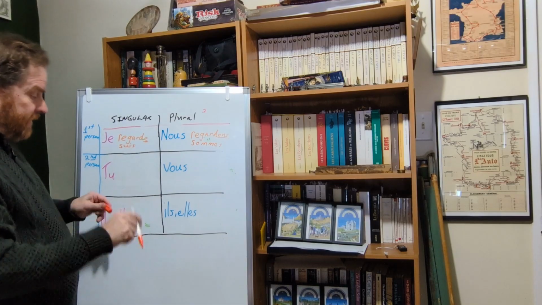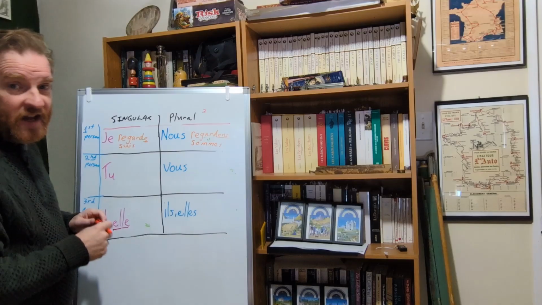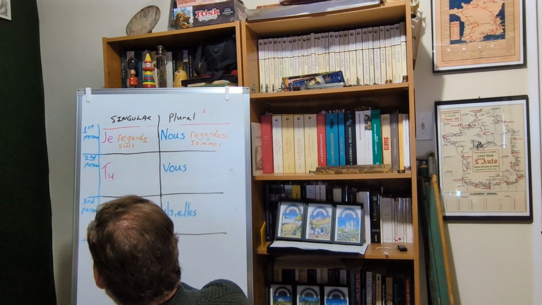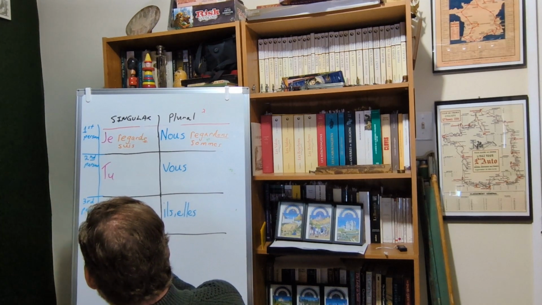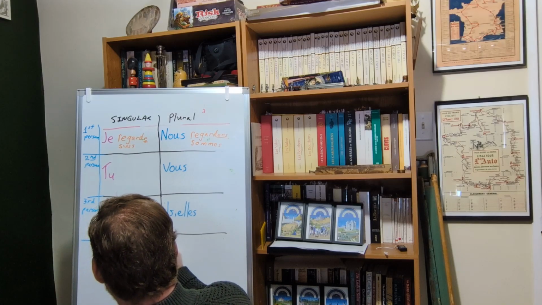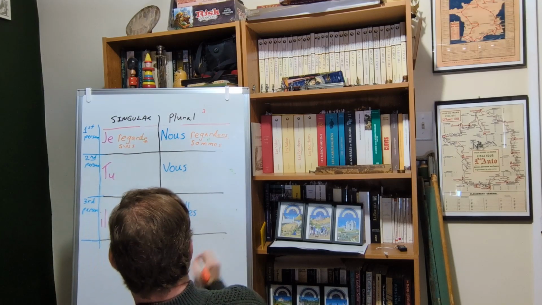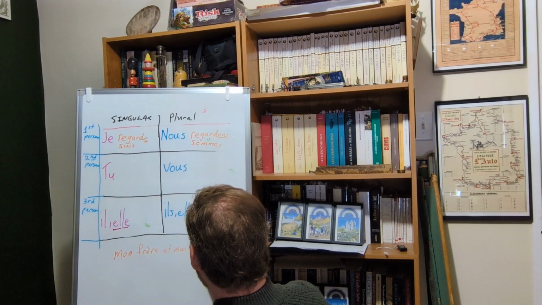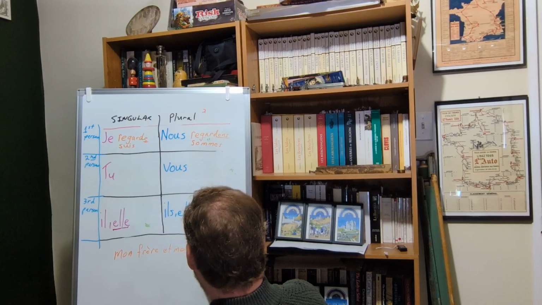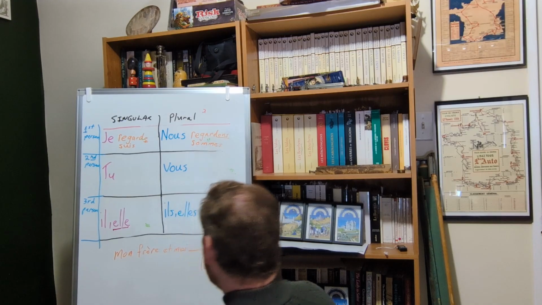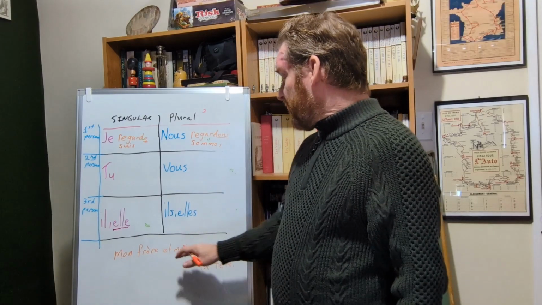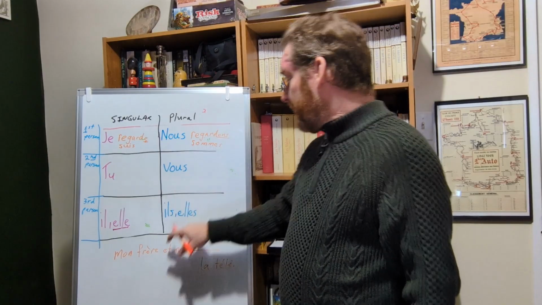Once I explained that, then of course I would give them their exercises. So if I gave them a sentence, something like, mon frère et moi, blank, we'll say, mon frère et moi, la télé. We'll just use the verb regarder. Students would then understand, once they figure out, they would look at the chart and say, okay, mon